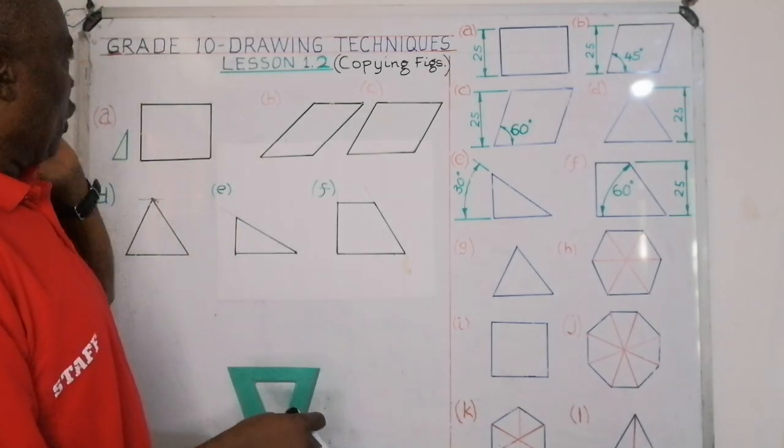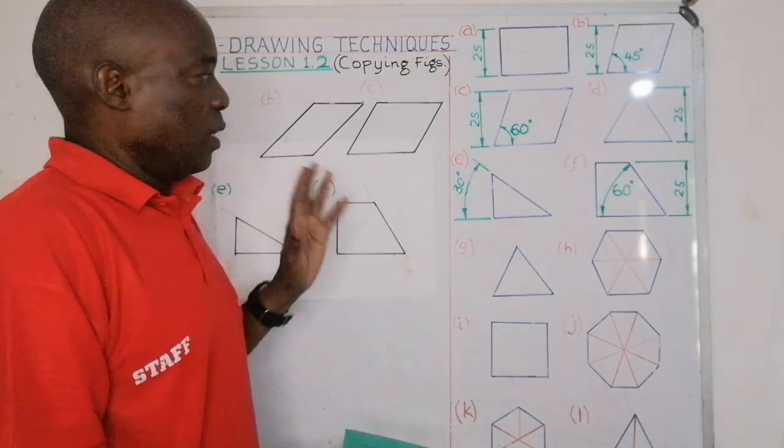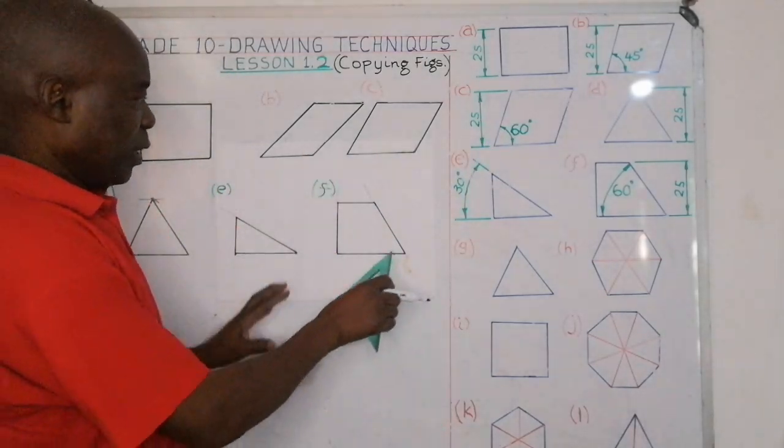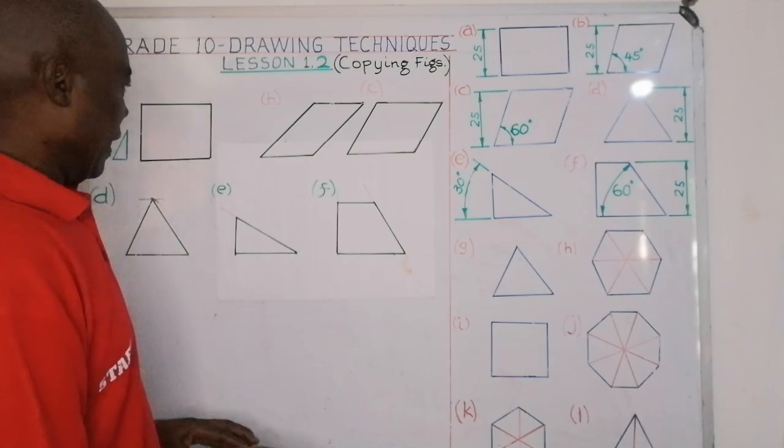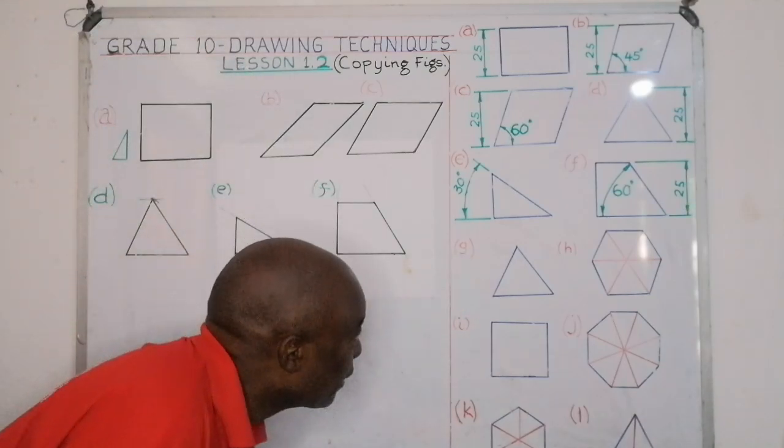You are not going to show any dimensions there, like 30 degrees, 60 degrees, 25. You are not to do that. You are simply copying the figures. And then coming to G, G is